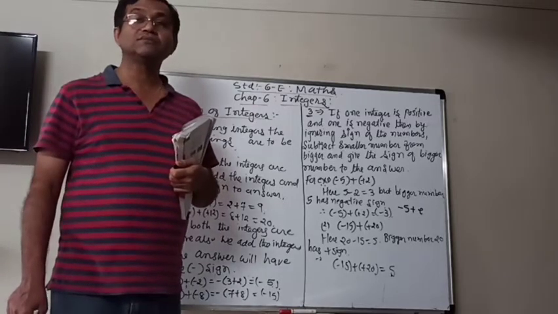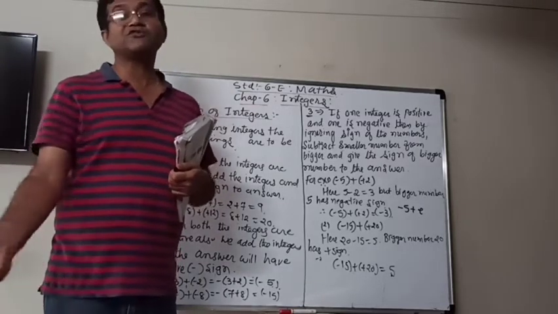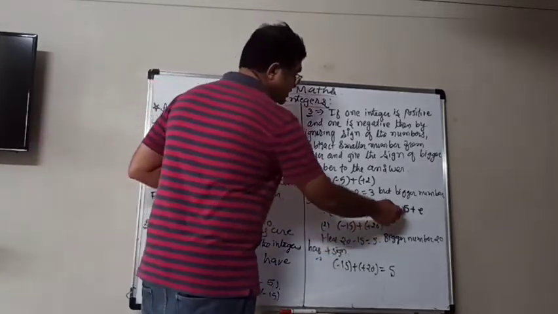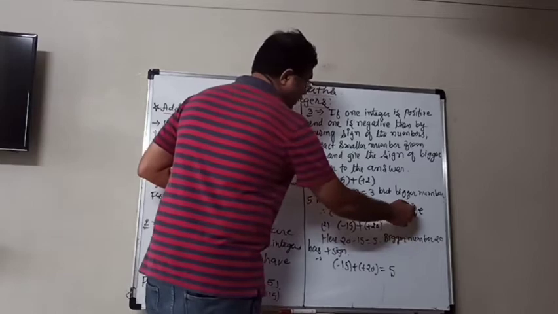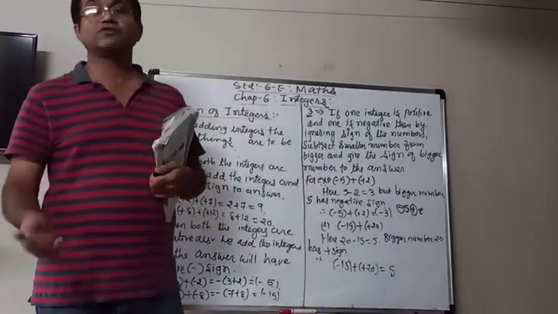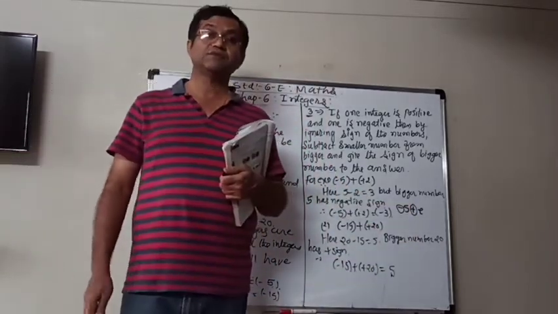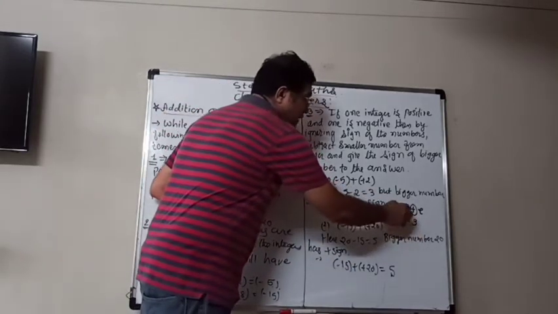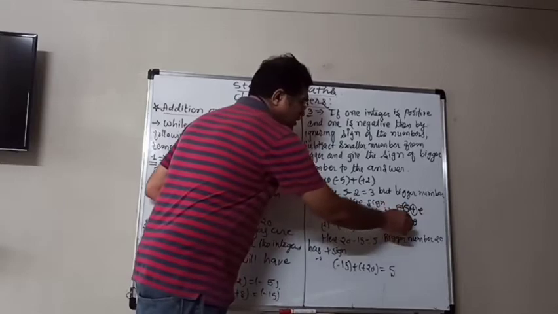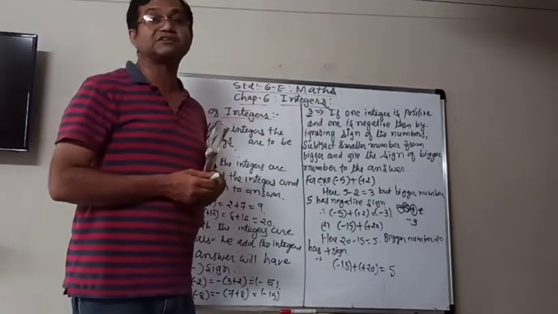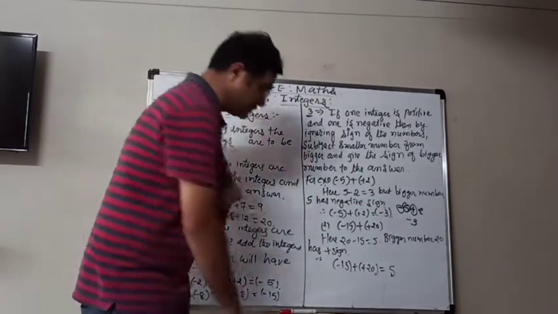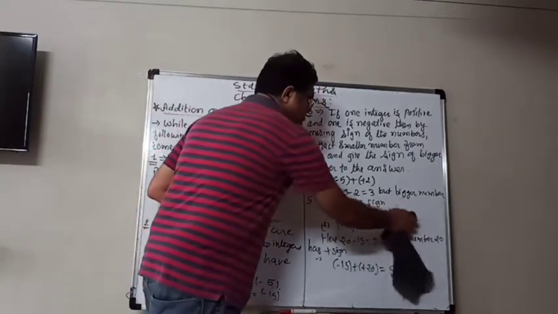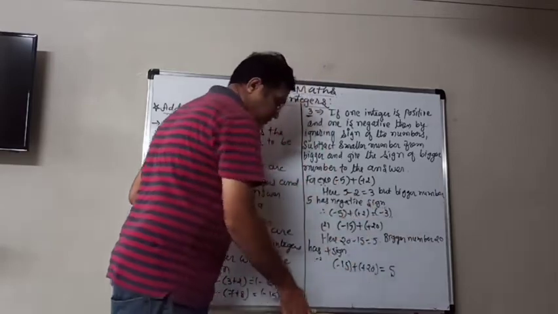What will they do? Minus 7. Why? Because 5 plus 2 is 7. But they will not see that. One is negative, the other is positive. So when different signs are there, you have to subtract. Means 5 minus 2 is 3, and the greater number has the minus sign. So the answer is minus 3, not minus 7. So here is a place at which you can make a mistake.